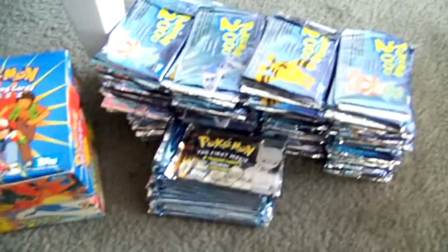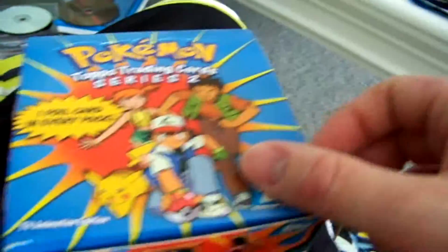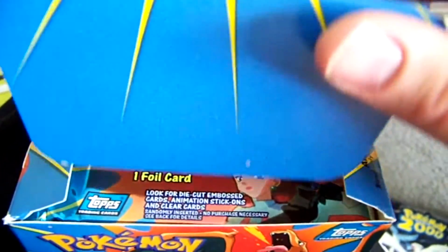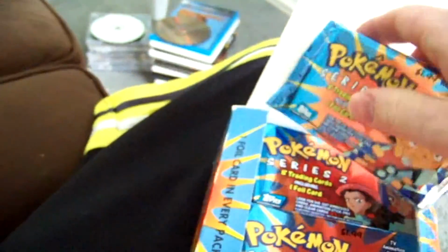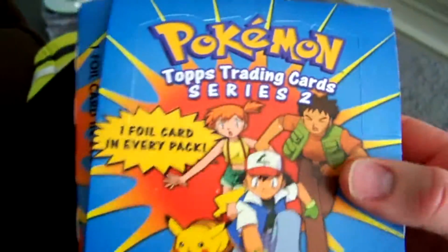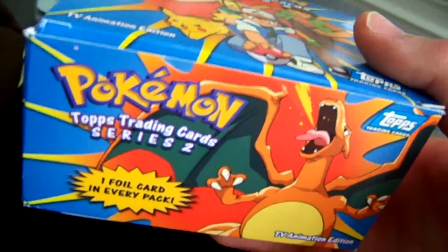These are all Topps booster packs, Series 2. There's 34 packs in here. One of them's opened over here, so it's 2 packs shy of a box. All sealed. The box is falling apart a bit, but he sold 2 sealed boxes of this last week for 10 apiece to somebody. I ended up passing, and then somebody came back for him, so luckily he had another one. Next,